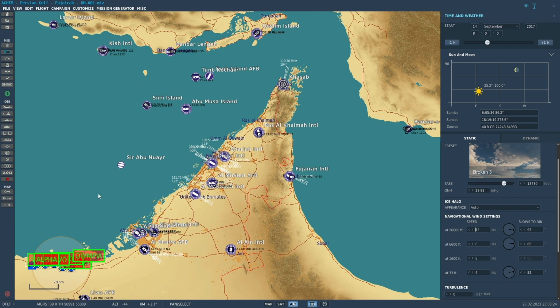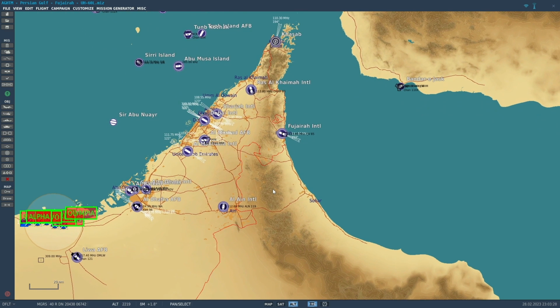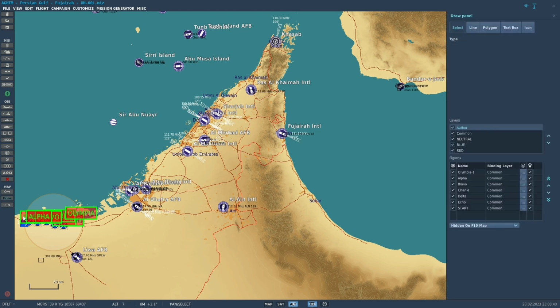Next up, what we want to do is move things over to the general area where we're going to build our mission, just so we can get things in place. We're not scrolling in and dragging and moving things around ad nauseam. So the first thing I want to do is click the Draw tab, and I'm going to take my Start label, and we want to make sure that we're on Select. If you're not on Select, you'll be actually drawing objects. The Select option will let you pick and move things around. So we're going to drop our Start roughly here, and we're going to take our Olympia, which is our end